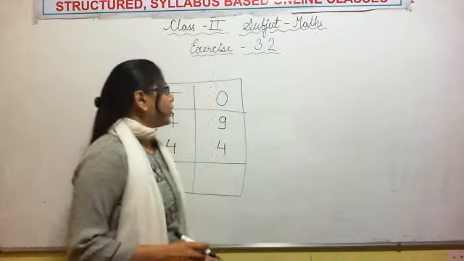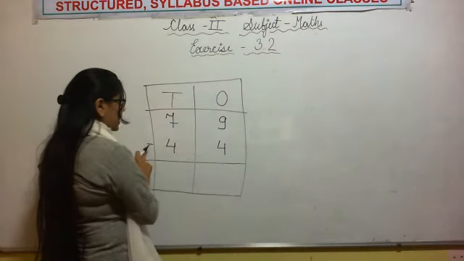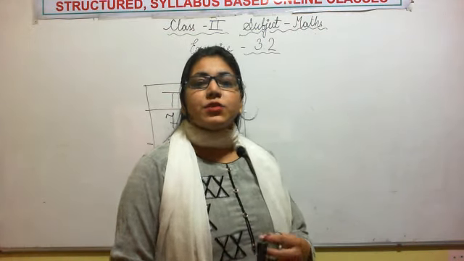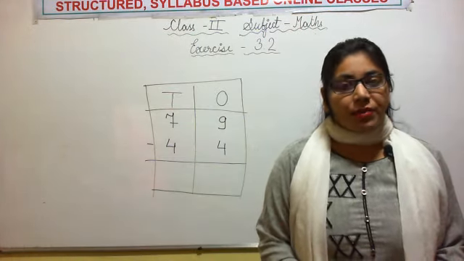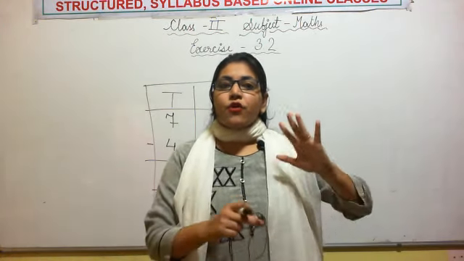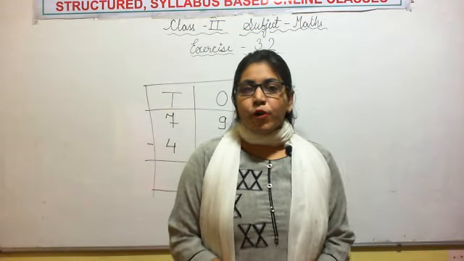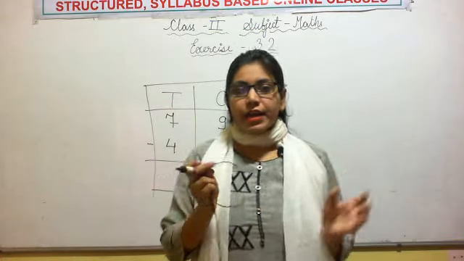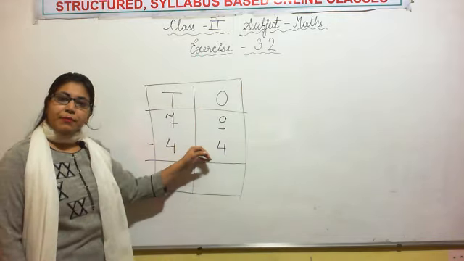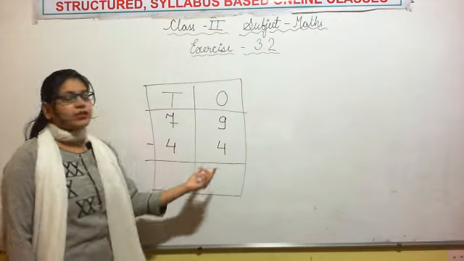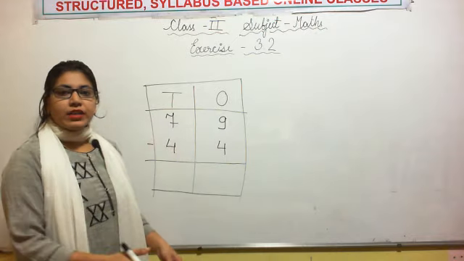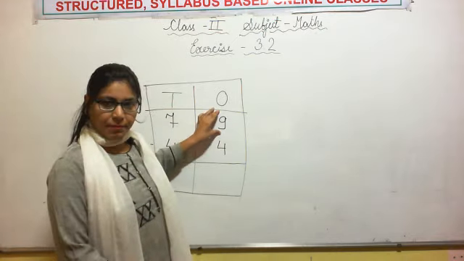Okay, now let's see how to do it. Ones minus ones. We'll subtract ones from ones, and we remember the smaller number is always subtracted from the bigger number. We remove or take away the smaller number from the bigger number. Here 9 is the bigger number and 4 is the smaller number. So we will remove 4 from 9.